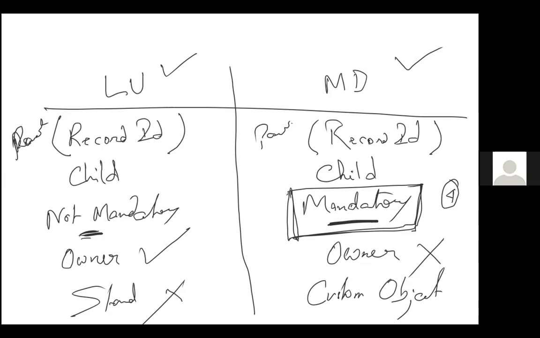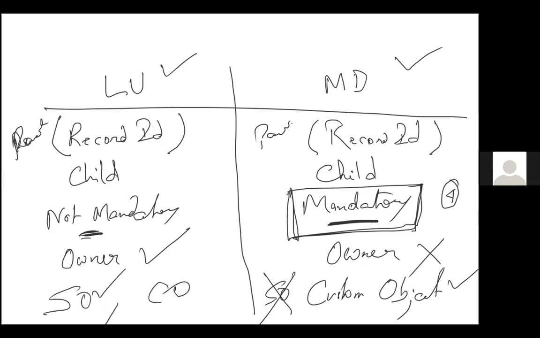Only custom object is allowed. Lookup can be created on standard object as well as custom object. No problem. Any questions so far?